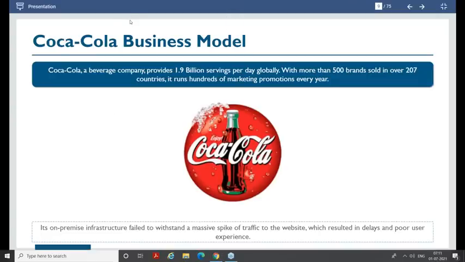So, how many of you have this doubt? Prashant, does anyone even log into Coca-Cola website? How many of you had this question? Anyone? Like, why would someone log into Coca-Cola website? Anyone has this question? Yes, no? No one? Only one person?